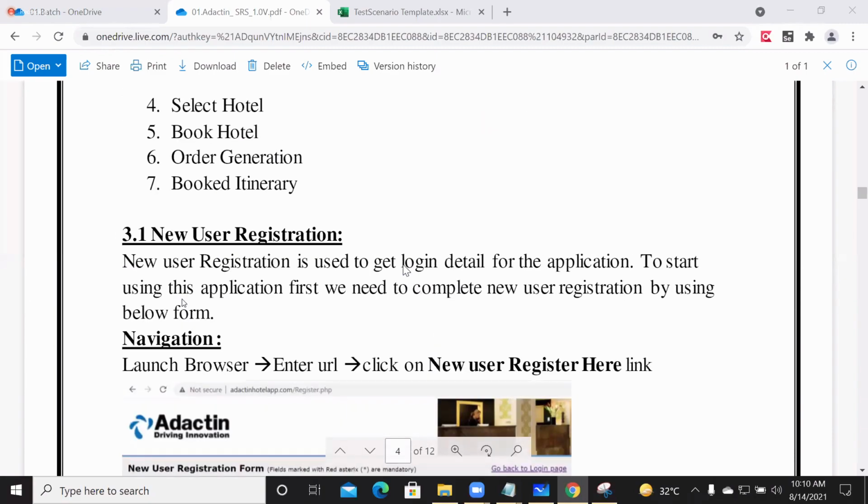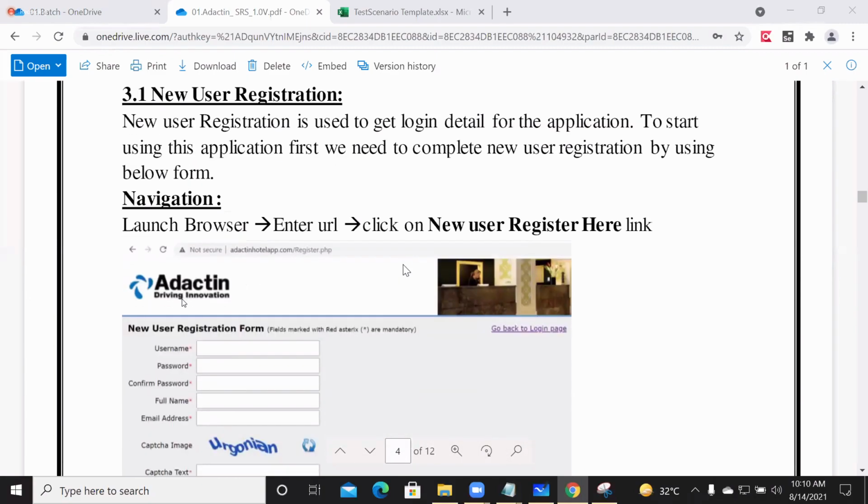Now, first I have to work with new user registration. For this user registration, I have to test it. If I want to test this, what all functionalities can we test?